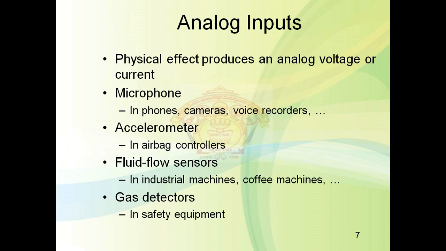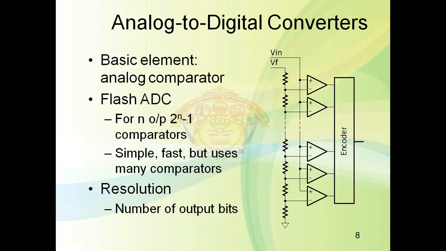Okay, so we need to convert the analog input into digital output, and hence we require the analog to digital converter, the A to D converter. There are various types of A to D converters, and the basic element of the A to D converter is a comparator. The comparator compares the voltages: one is the reference voltage and one is the current input. When the current input increases above the reference voltage, its output changes. Okay, when the current input increases above the reference voltage, the output will be high, or when the current input is less, the output will be low, and according to that we can encode the output.